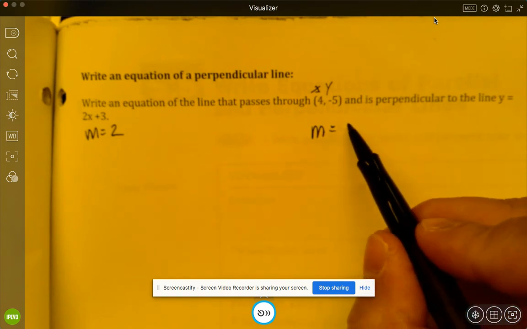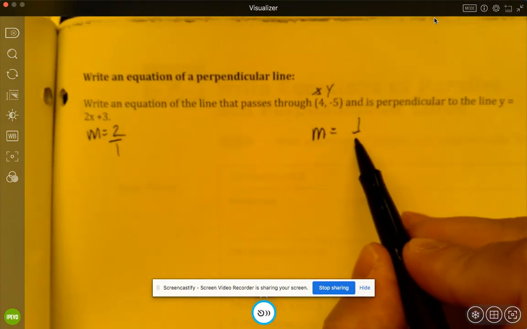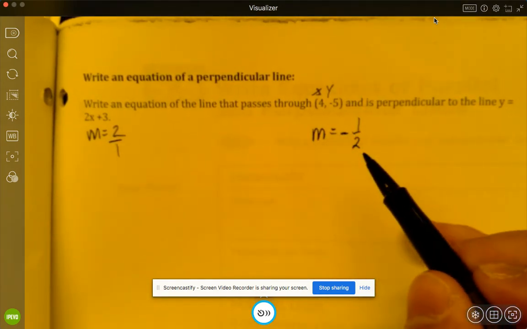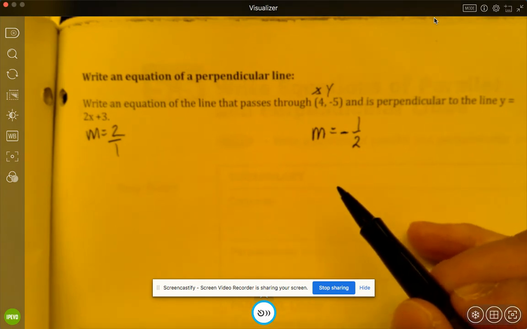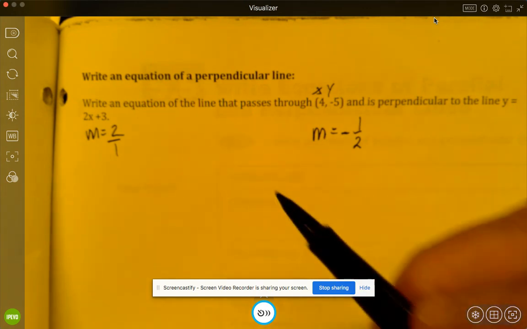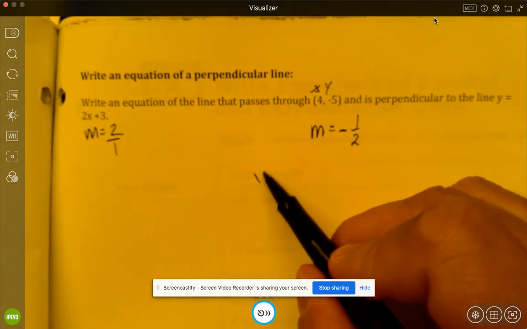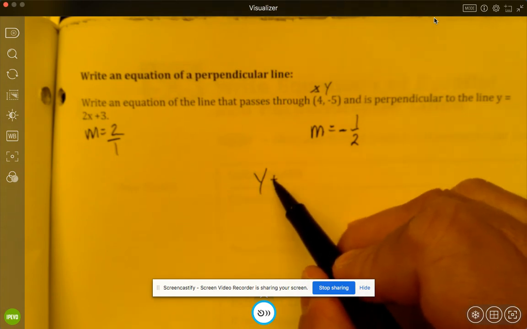We just did that in the Desmos. So 2 over 1, the reciprocal is 1 over 2, and you make that negative. So pause the video, write that in point-slope, and then change it to slope-intercept form. If you did it right, you would have got y minus, or I should say plus 5